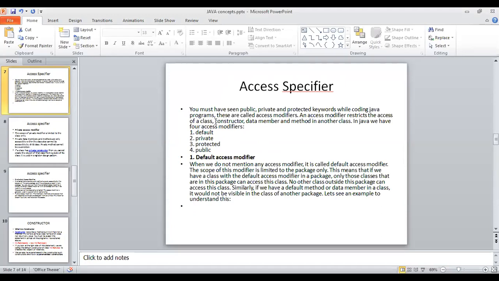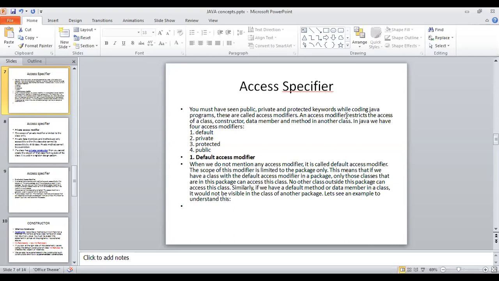So when we define a variable with an access specifier, it demonstrates whether that particular variable can be accessed outside the class, outside the package, or maybe inside the class only. This is the way we can control and restrict the access. Okay, so you'll see here I have already put it here. There are four types of access modifier. Access specifier, if I say access modifier, both are the same.